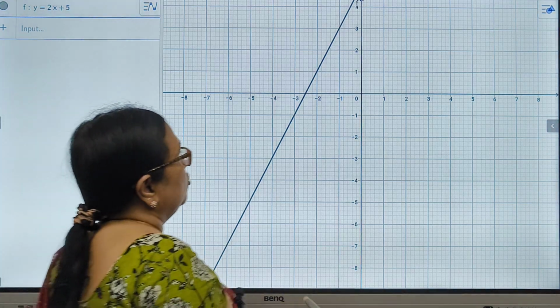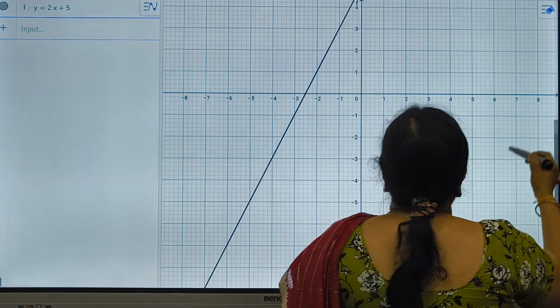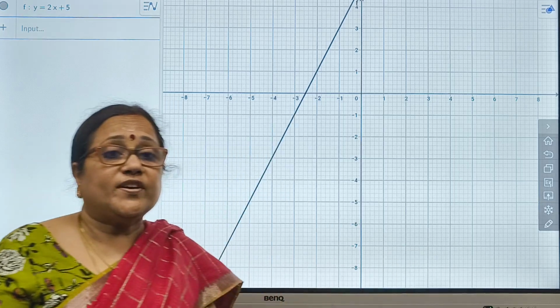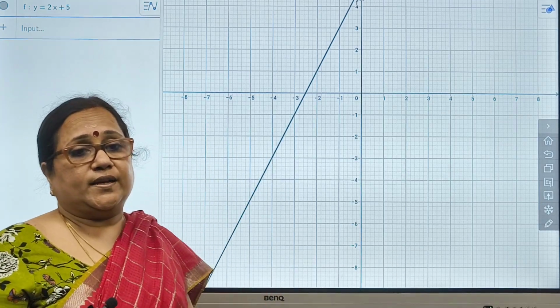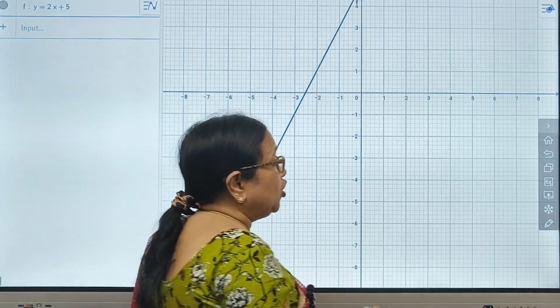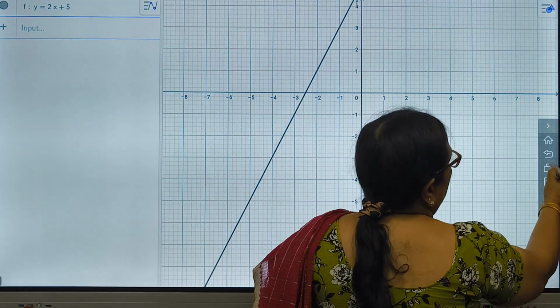How can you prove it? I'll also tell you how you can. This is by looking at the graph itself. You can say for any choice of x1 and x2 such that x1 is less than x2, f of x1 is less than f of x2. But if you want to prove it algebraically also,